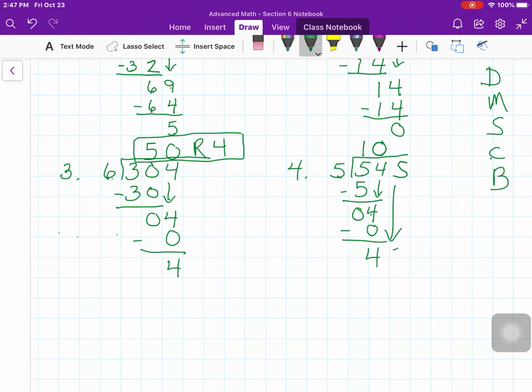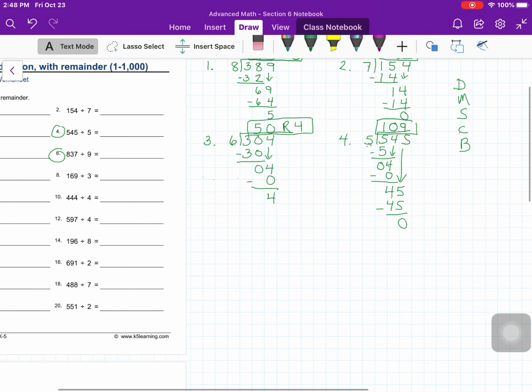I bring down my 5 and I repeat the process. 5 goes into 45 9 times. I multiply 9 times 5 and get 45. I subtract and I get 0. And I am finished. I got 109 for that particular problem. Going back here, let's go to number 5. And number 5 says,